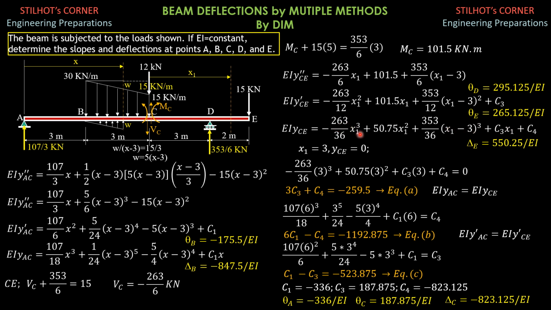Then for theta E, set x1 equals 5 into the same formula here: negative 263 times 5 squared over 12 plus 101.5 times 5, then plus 353 times 2 squared over 12 plus c sub 3, which is 187.875. You will get theta E equals 265.125 over EI. And finally, for delta E, set x1 equals 5 and substitute into this formula here. So negative 263 times 5 cubed over 36 plus 50.75 times 5 squared plus 353